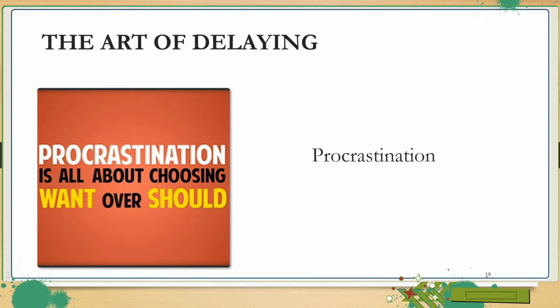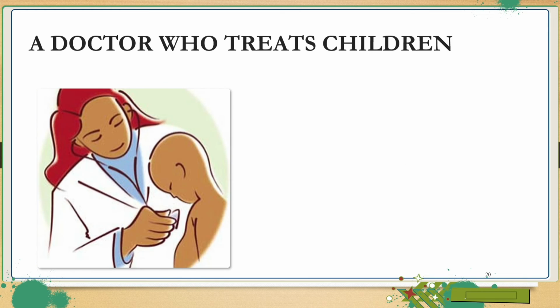So the next group of words is a doctor who treats children, a doctor who deals with diseases and prescriptions related to children, and that doctor is known as a pediatrician. A pediatrician basically deals with the health problems or any query related to children, be it nutrition, be it their growth, or in case of an emergency. So a pediatrician is the one who would guide you the best in case of children.